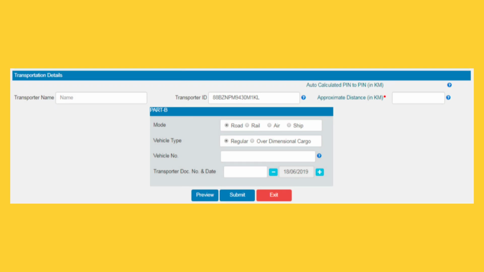For approximate distance covered, the e-way bill system will auto-calculate and display the estimated motorable distance between supplier and recipient addresses as per the PIN codes entered in bill from and bill to section. But user can still edit the approximate distance covered in kilometers to the extent of 10%.